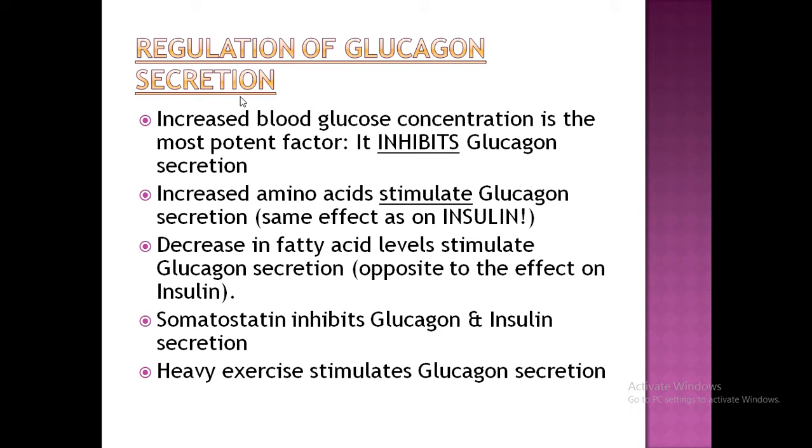Glucagon then promotes rapid conversion of amino acids to glucose, thus making even more glucose available to the tissues. With heavy exercise, glucagon ensures that the glucose level does not fall too low. So it is the best use of glucagon during heavy exercise, so that a constant blood glucose level can be attained.